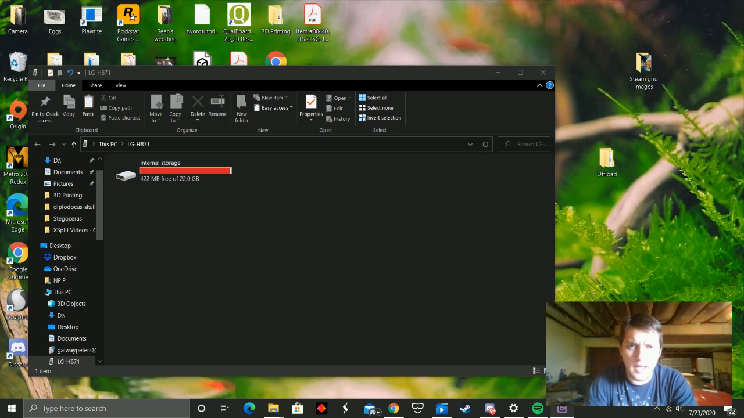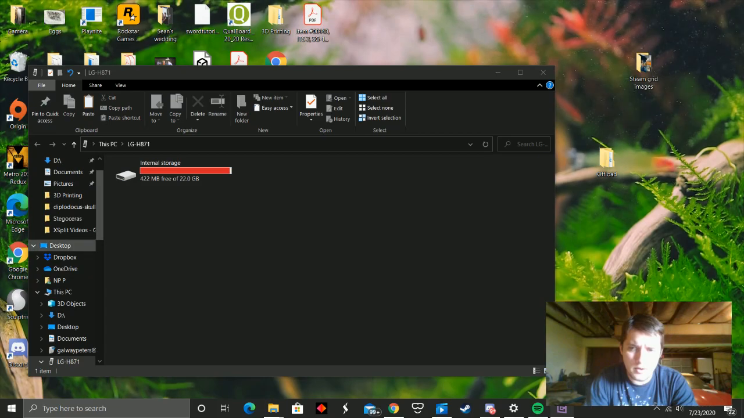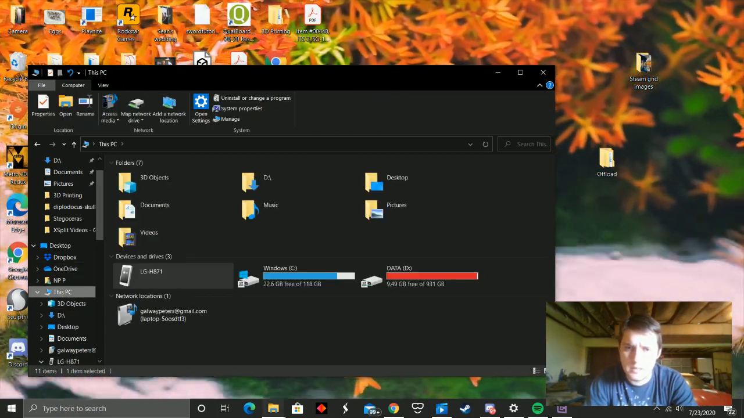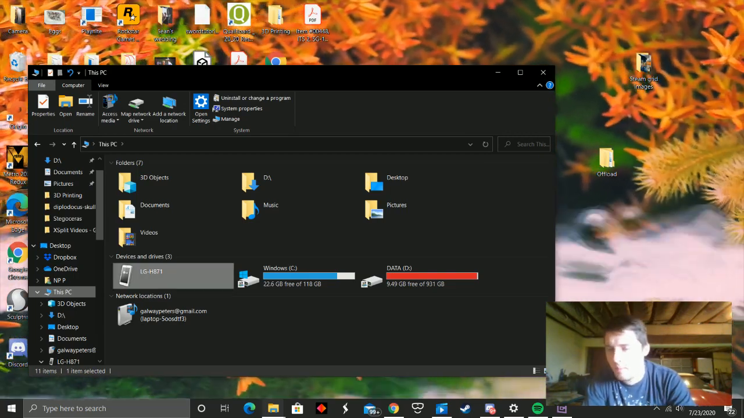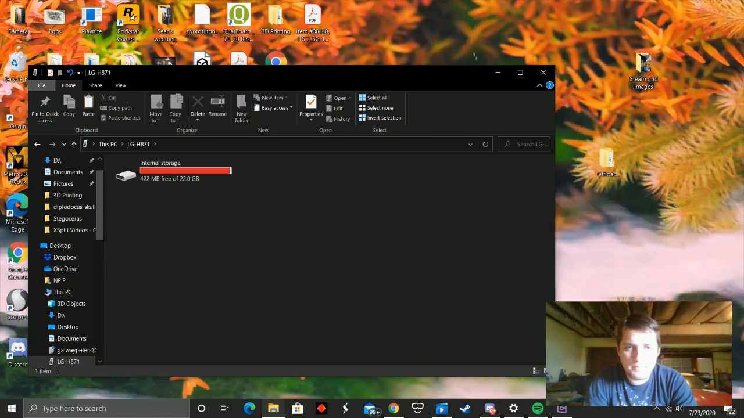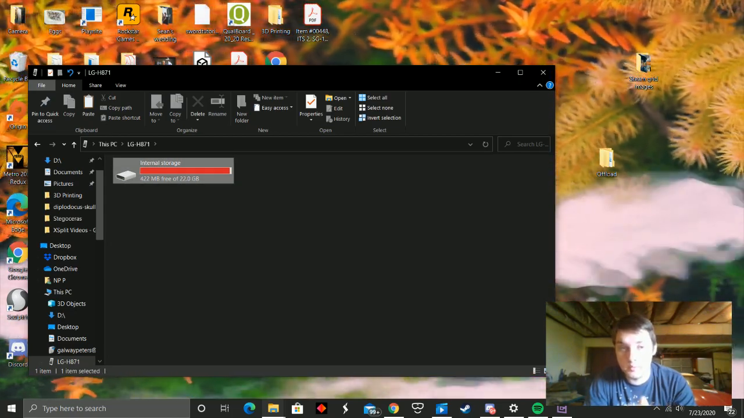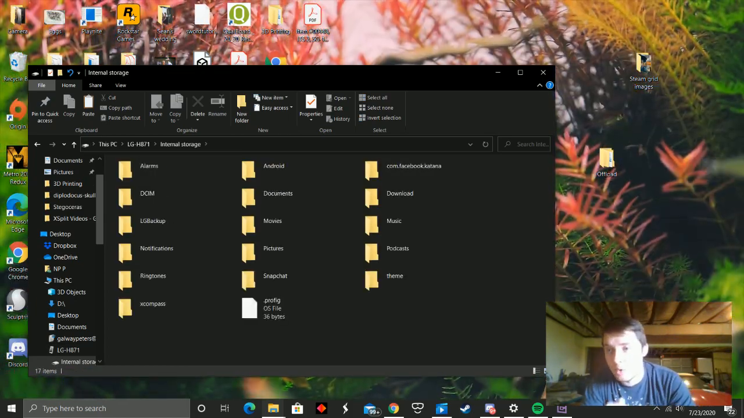And once you do that, let me just move some screens here. Once you do that, you're going to go down into this side box after opening up the File Explorer. You're going to go to This PC, and you can see my phone there, LG H871. You're going to click on that. We're going to click on internal storage. So now my computer can see my phone's guts essentially. And all of that's going to get poured out in front of us,